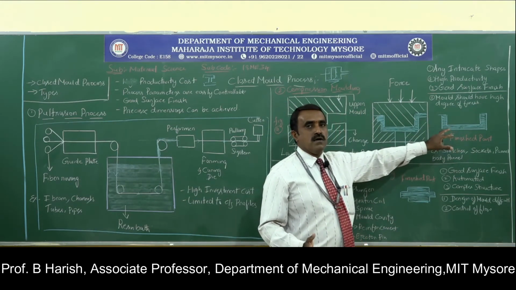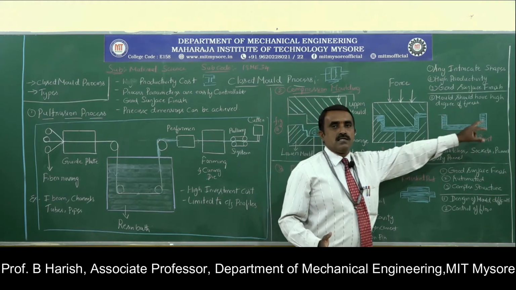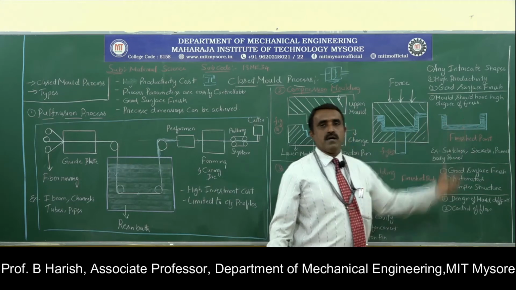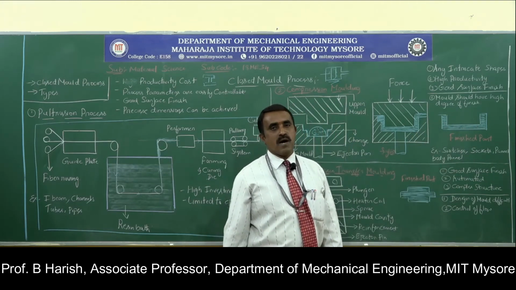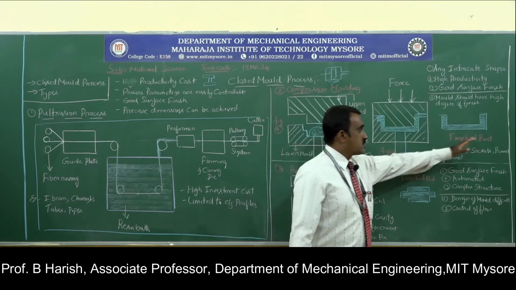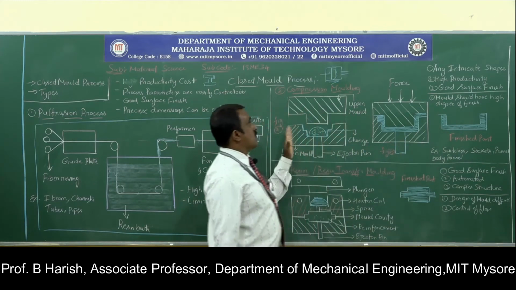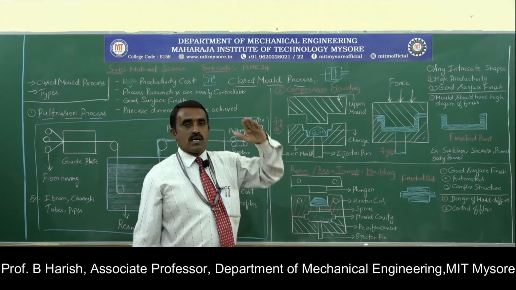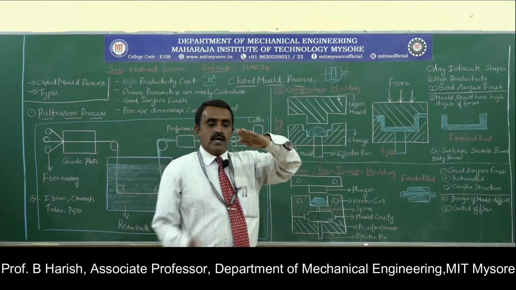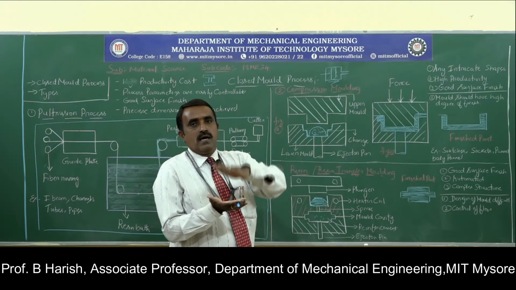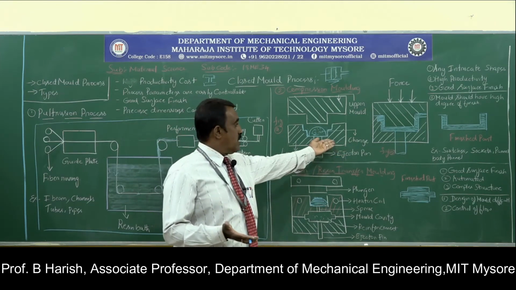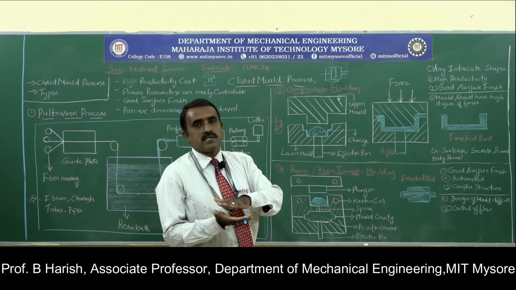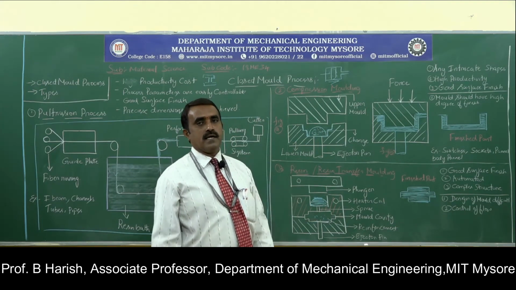You can observe this is the finished product, in the shape of a C or U shape, the component that is manufactured. This is called a finished part. This is a very simple process, called compression molding. It is called compression because the charge is compressed and the required pressure is applied